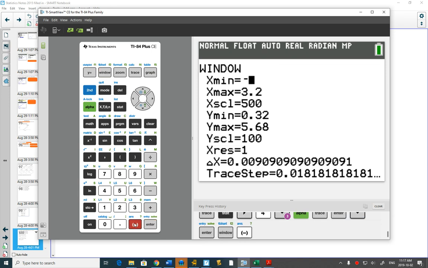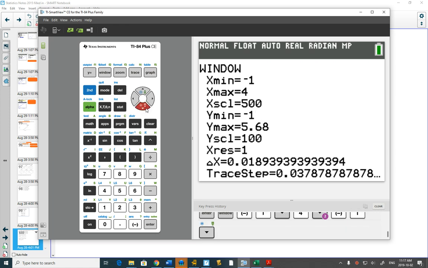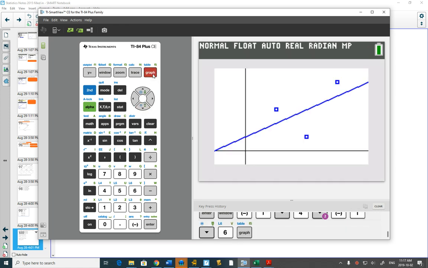Another thing I had done before is I had changed my window so that I went into the negatives. Just allowed me to see my axes. So there's our equation of our line of best fit. And what we're going to want to do is figure out the correlation. Obviously, it looks like it's positive, but having just 3 points that do not look at all like they form a line,